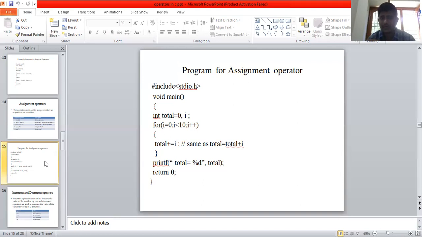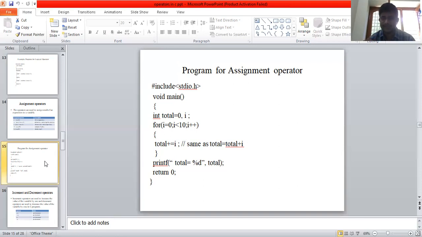So here in the for loop, for i = 0, the value 0 is assigned to i, and i < 10. This is the condition. The loop repeats until i is no longer less than 10. Then i++: the value of i is incremented by one every time.